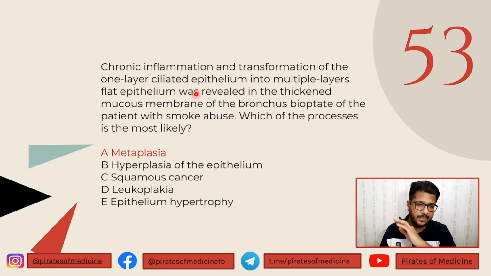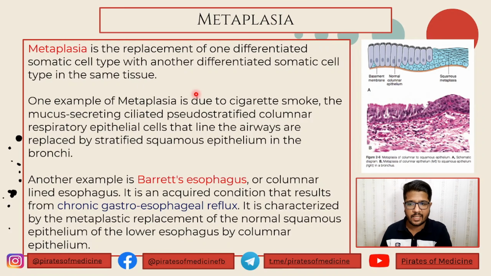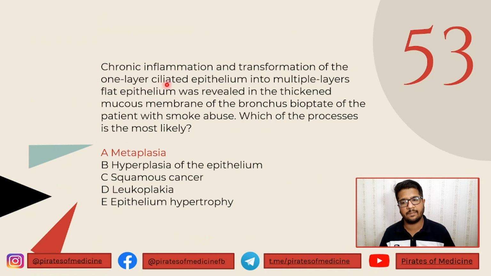What has happened is metaplasia. Metaplasia is actually a pathology which occurs due to excessive stress on a particular tissue. So if there is a lot of stress, first of all, you have hyperplasia, you have hypertrophy. If the stress continues, you have metaplasia. Hyperplasia, hypertrophy, and metaplasia all are reversible. In this case, in the question, we had metaplasia of squamous ciliated epithelium to stratified flat epithelium.